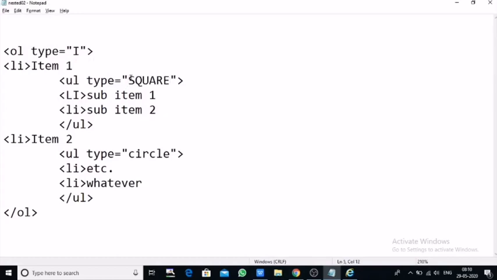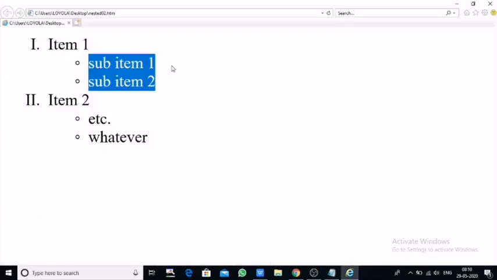So what I want to tell you is that HTML is not a case sensitive language, because here is li, and so on. But still, when you are using the type attribute of lists, be careful to write the value of the type attribute in small letters. So make it small, SQUARE, square, save it, and see the preview again.